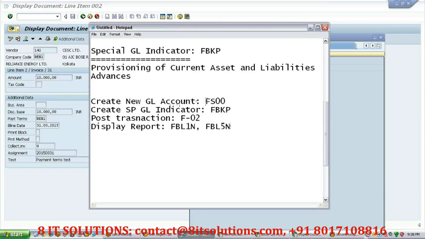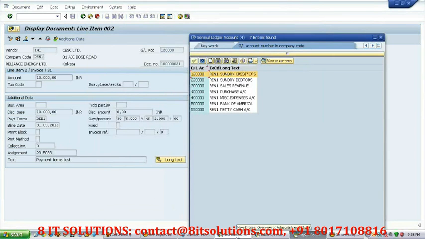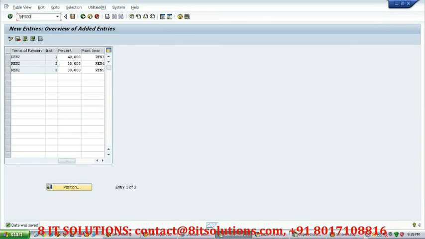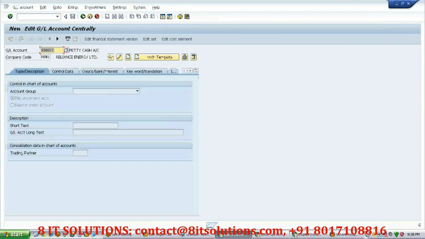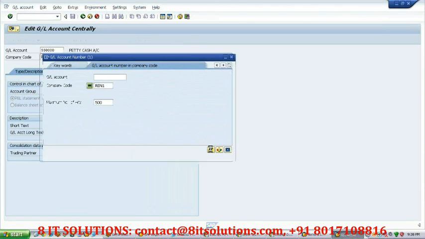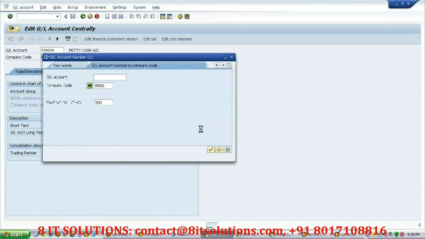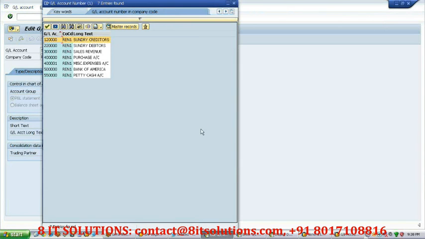How to create? First of all, you have to create a GL account. You know the transaction, so you can go to FS00 and create a GL account. As per our system breakup, the GL breakup, all assets we have created with one series, so I am putting it into the 2 series. 1 series is for liability, 2 series for asset, 3 series for income, 4 series for expenses, and 5 series for cash and bank.